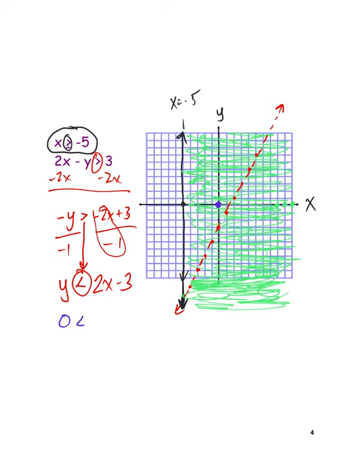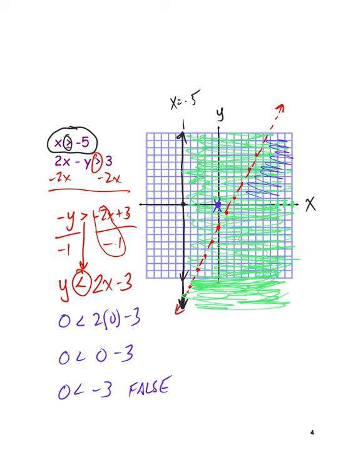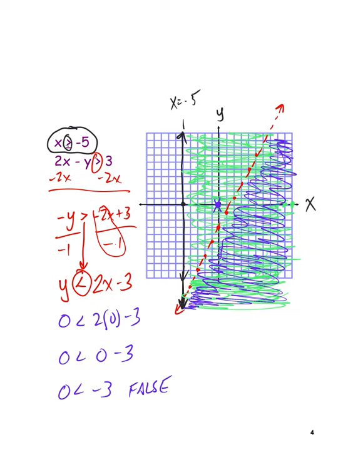So I'm putting 0 in for y and 0 in for x, and that gives me 0 is less than 2 times 0 is 0, 0 minus 3. So is 0 less than -3? That's false, which means I won't be shading over the point 0, 0. So I will be shading then up to the right of this line. So by shading to the right of the line, what we're seeing is we got a big overlap here. But that overlap is going to stop right where they stop because we can't go to the left of that